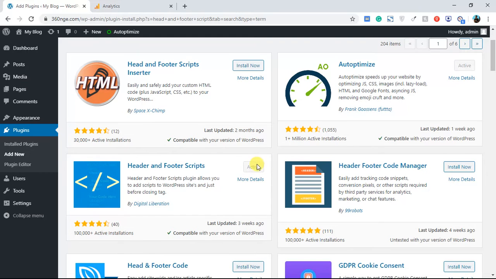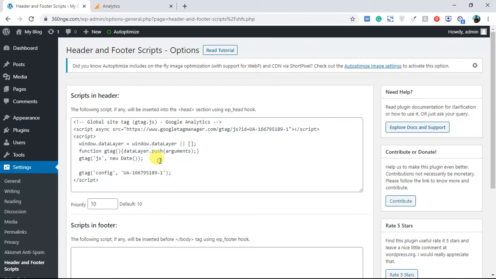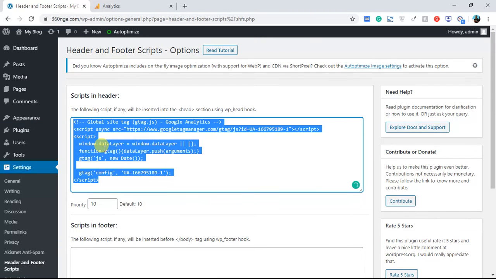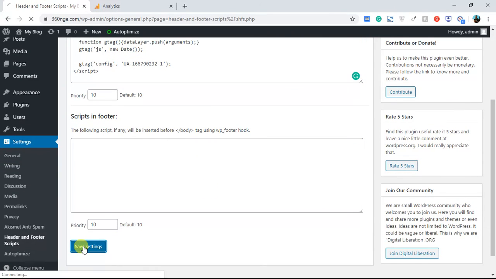So after you activate this, you go over to your settings, then you go over to header and footer script option over here. So you click on this. Then after clicking on this, this is where you would paste in that same code we got from here. After you paste it in, then you click on save settings,